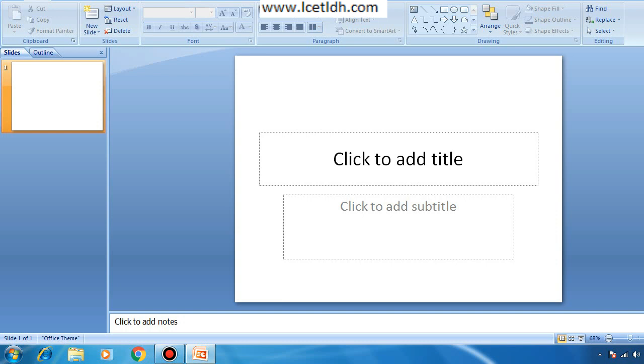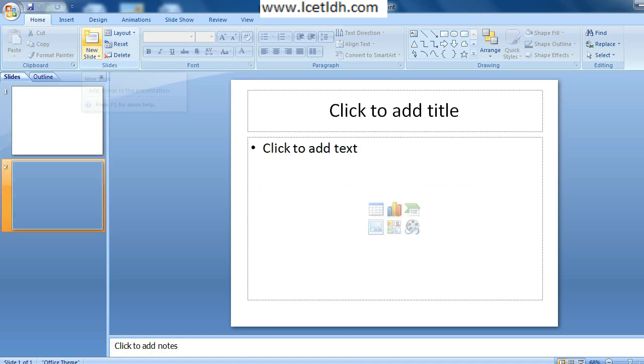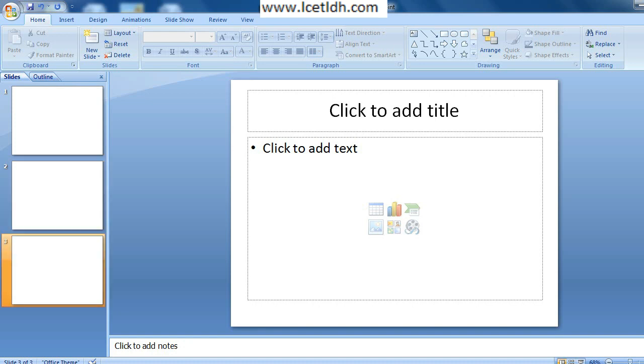Google Slides is the best option if you are using a mobile phone or you want to create the presentation on your mobile phone. So first of all, this particular thing is known as your slide. If you want to add a new slide, either you can click over here or you can press the keys Control and M. Control and M is the shortcut to add a new slide to your presentation.